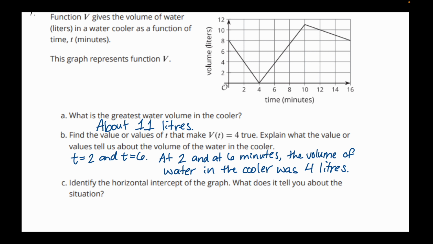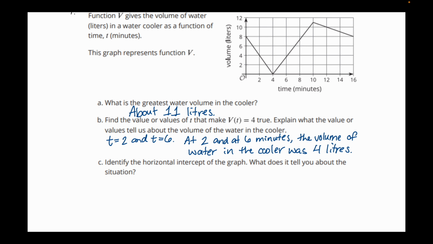So I'm going to give this answer, since it just told me to identify the horizontal intercept. I'm going to give a horizontal intercept as an ordered pair. So we do input and then output. So the input was 4, and the output value of the horizontal intercept is always 0. So 4 comma 0, and we can say this